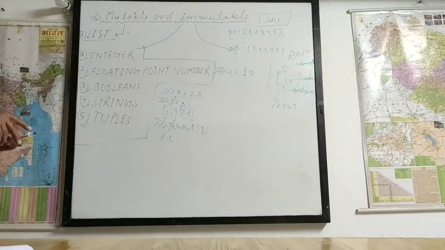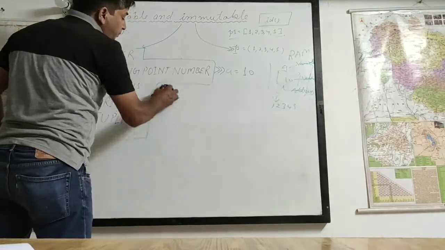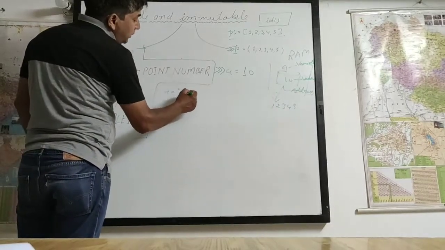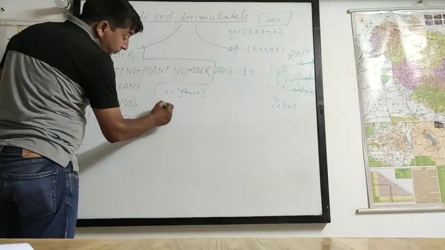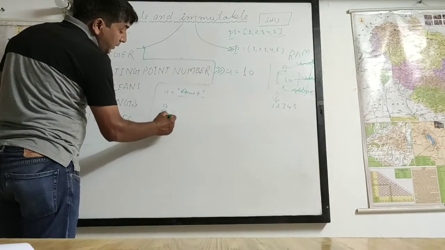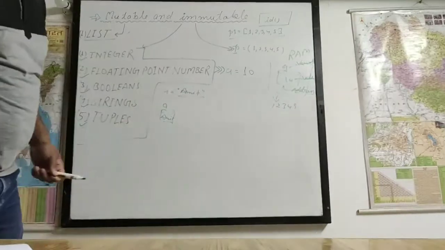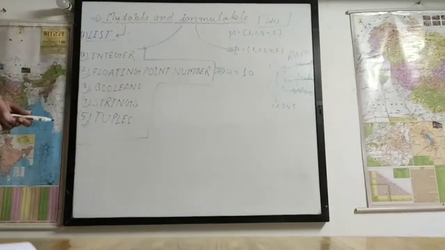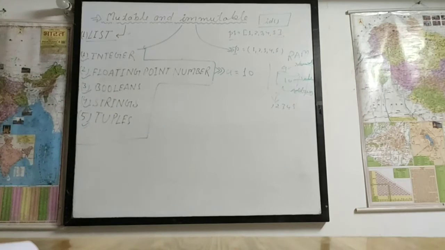And the next one is string. How do we understand the string? A group of characters bounded by single inverted commas or double inverted commas. Just like a equal to "Amit", which is in double quotation. The value of a is "Amit". A के अंदर ये value assigned. If you print a, then it displays Amit.